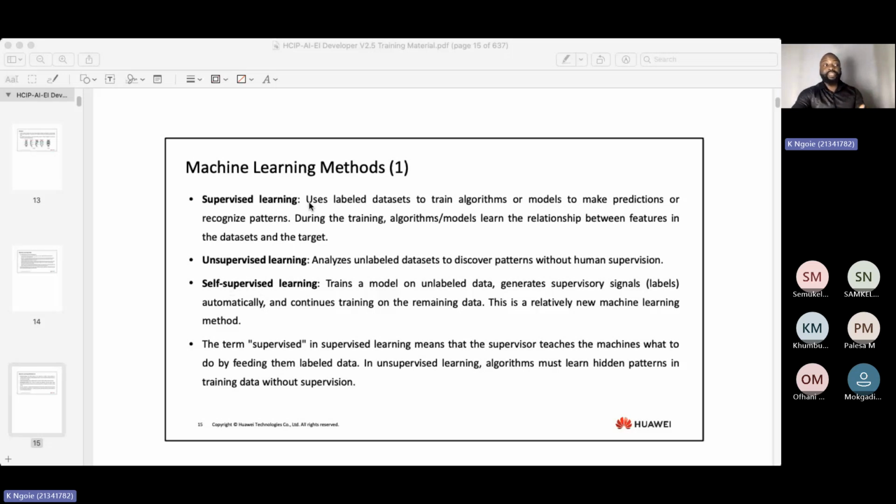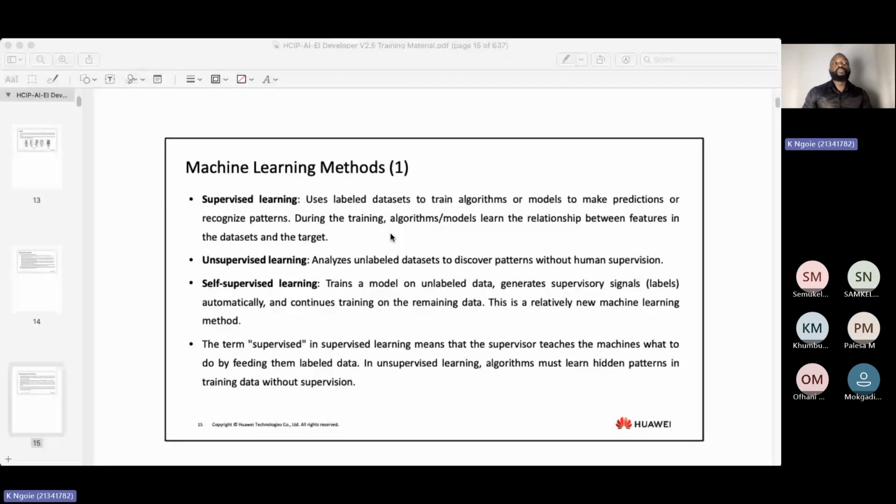Supervised learning means that when we're training the model, we tell the model what the nature of the output is. What does it mean? If I have 5,000 pictures of dogs and 5,000 pictures of cats, and I want my AI, my model, to learn how to identify a dog from a cat, as I provide data, I already tell my AI that picture number one is a cat, picture number two is a dog. So my AI has already seen those labels. When I have labeled data, it's supervised learning.